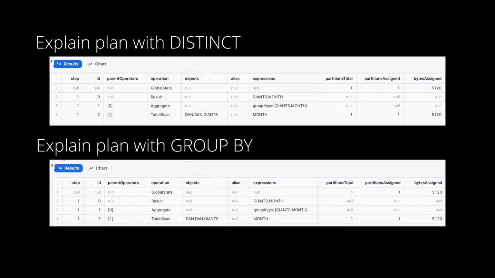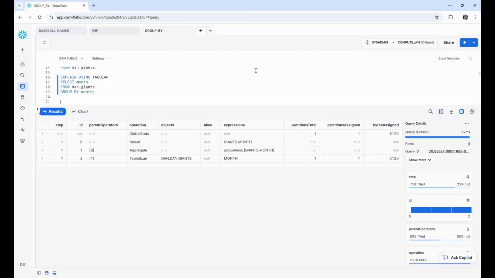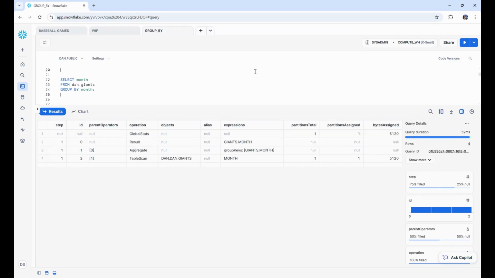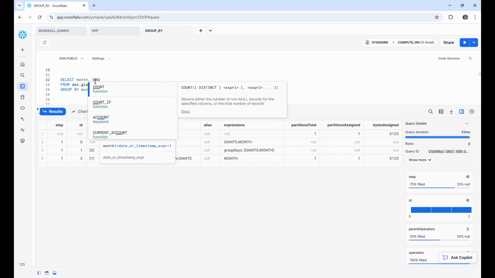So what is the difference between these two anyway? Why is it that we have two different keywords? Well, there are two reasons why you would use one or the other. And the first is if you would like to do something that involves an aggregated function, such as count, min, max, average, and sum. So I'm going to paste this statement right here that we just ran,